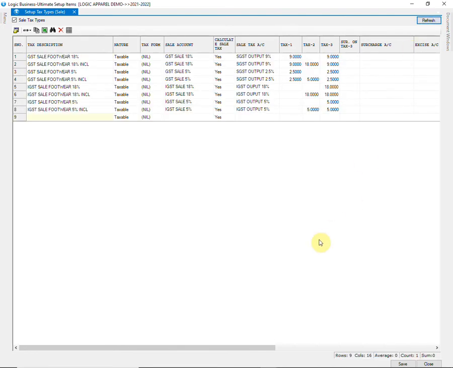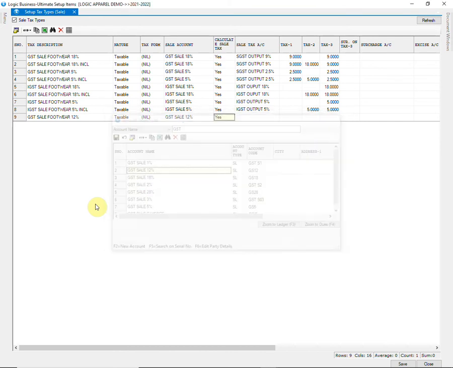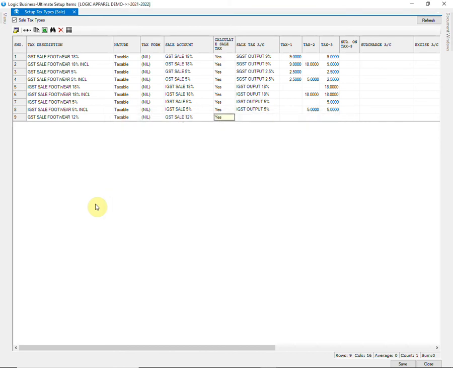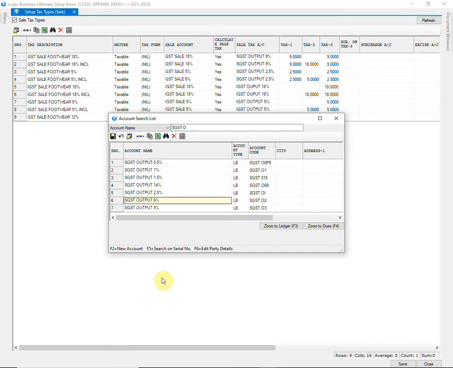Now, we will create 4 new tax types of 12% GST. Type GST Sale Footwear 12%. Give the sale account of GST Sale 12%. Calculate sale tax should be yes. Select Sale Tax Account as GST output 6%.